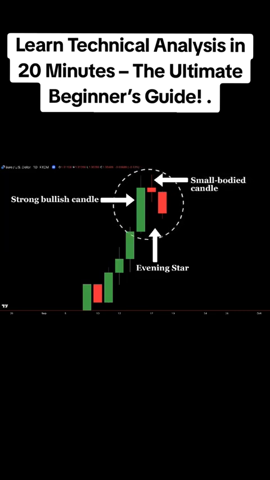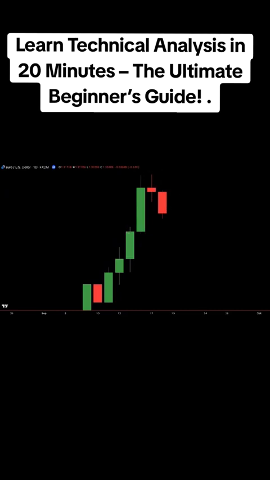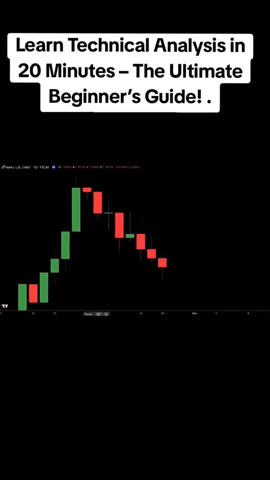The second candle is a small-bodied candle, which can be a doji or a small bullish or bearish candle, indicating that momentum is slowing down and indecision is creeping in. The third candle is a strong bearish candle that closes deep into the body of the first candle, confirming that